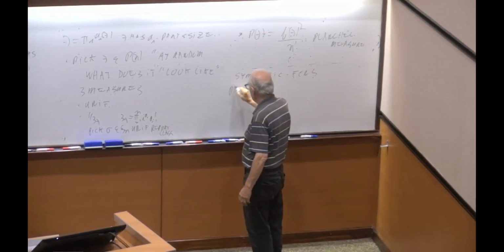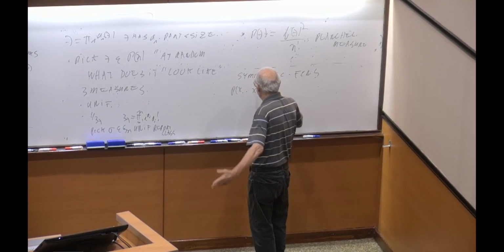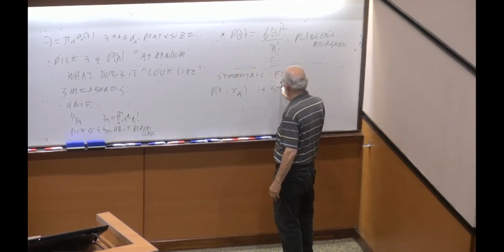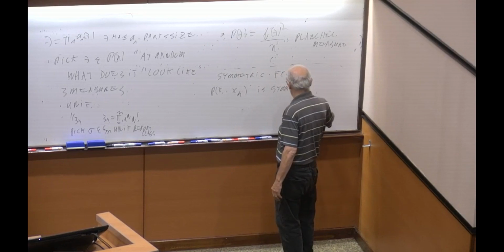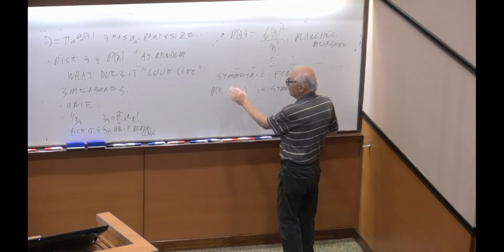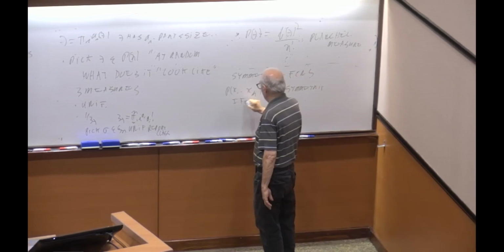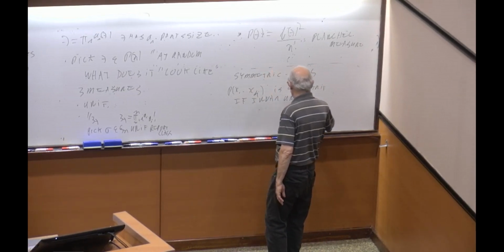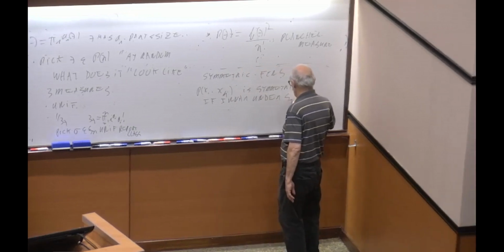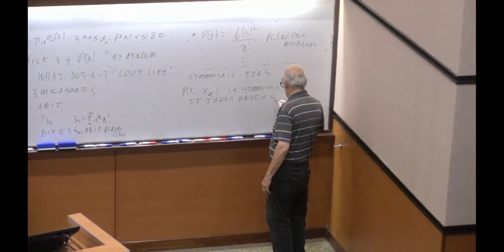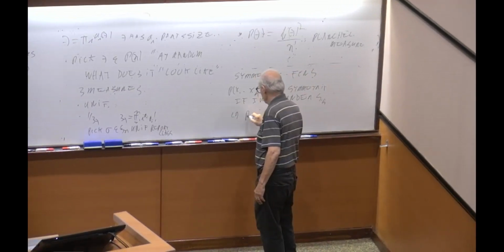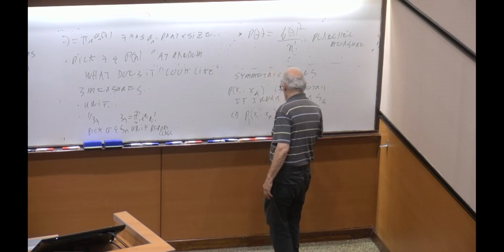A polynomial p of x1 up to xk is symmetric if it's invariant under permuting coordinates, invariant under S_k. So everybody knows, for example, the power sums p_j of x1 up to xk is just equal to